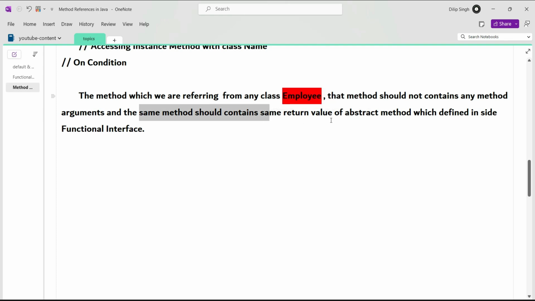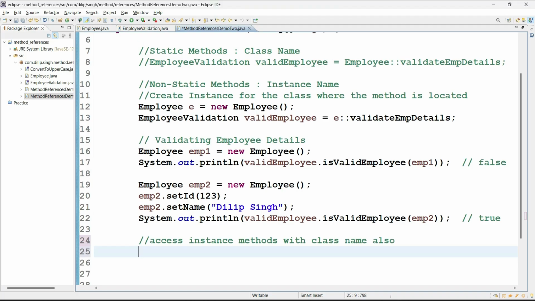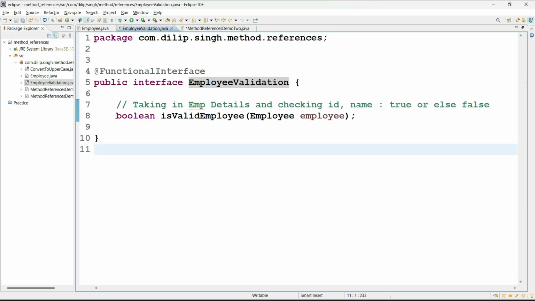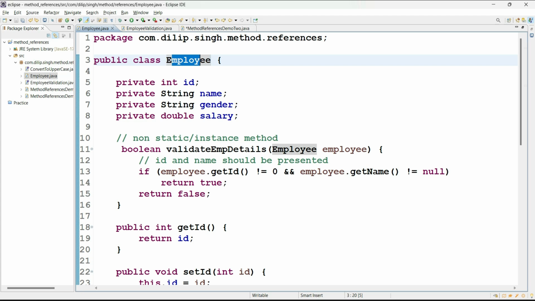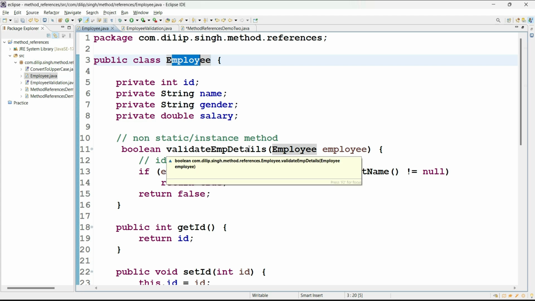So that means the method you are referring from the Employee class, that method's return type should be equal to the return type of the abstract method which you defined inside the functional interface. In our case, if you go to the functional interface, we defined the return type as boolean. But whatever method we are trying to access with the class name, even though it is an instance method,